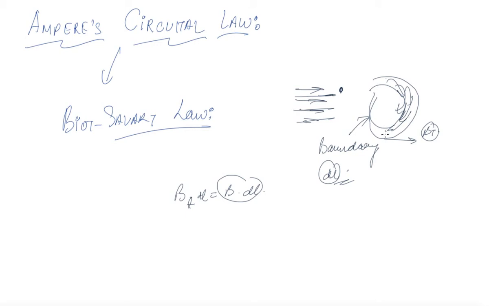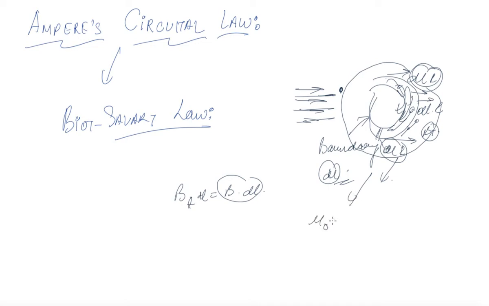Now for every small element, suppose this is dl and this is I. For every small element we are just considering the tangential part. If you are taking this part, then this and this get cancelled out, so we are only taking the tangential part. Now if you look at the overall sum, the sum tends to an integral, and Ampere's law states that this integral is equal to